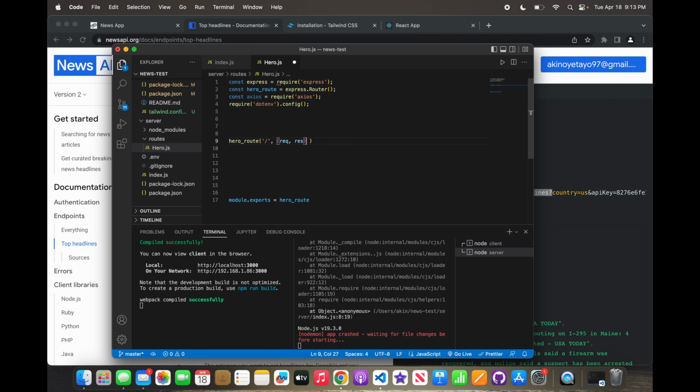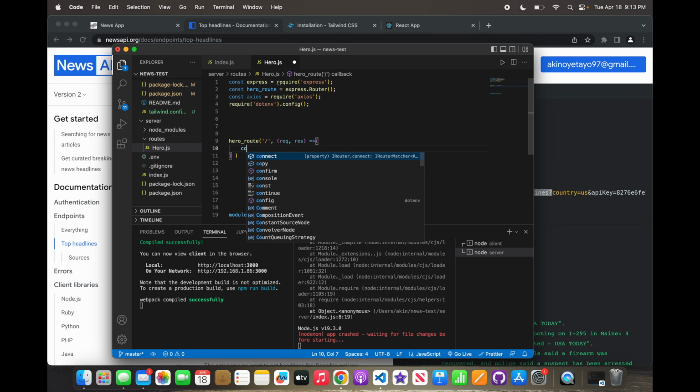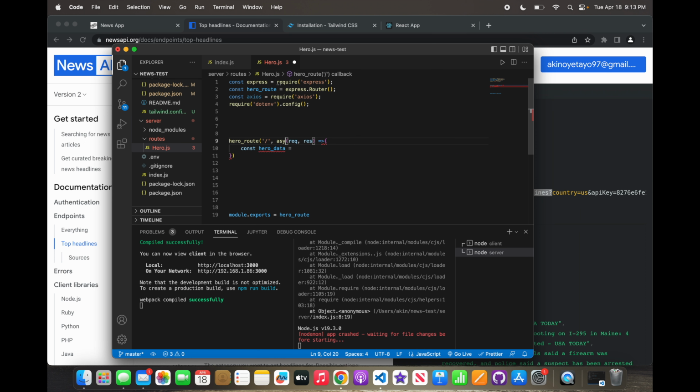Request, response, and we're going to say const hero data is equal to, and let's remember to put async here, because we're going to be using Axios, and this is an asynchronous function. So await